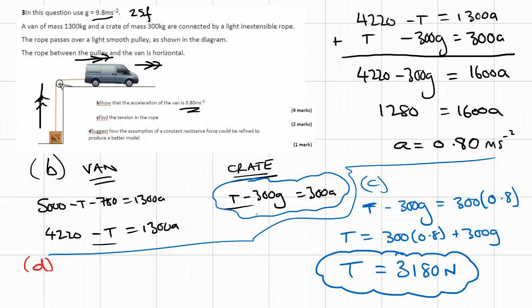These are horrible 1 markers in mechanics. Suggest how the assumption of constant resistant force could be refined to produce a better model. Well, what they're saying is no matter how fast this car goes, it's still going to have the same 780 resistance force acting against it, possibly with wind because it's got a pretty chunky front end here. You'd probably know if you go running or get on a bike ride or just start walking when it's windy, the faster you go, the more wind gets chucked in your face and the more resistance you've got against you. So how we could refine this, what we could say is that the resistance